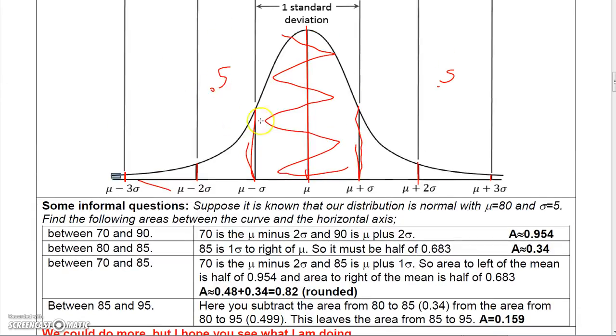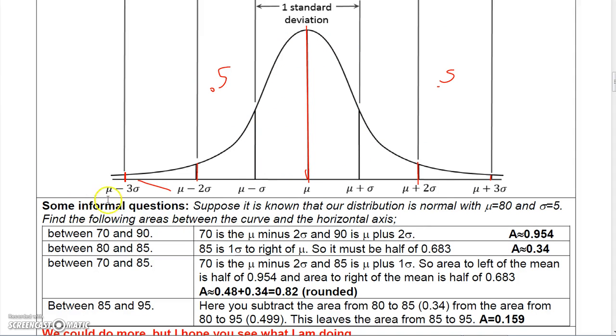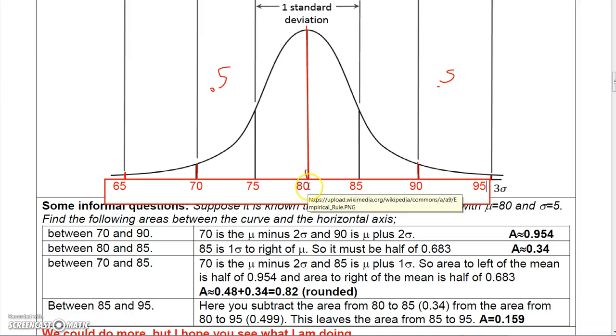So from this curve, we could answer some basic questions. Let's say that we know something about the curve. Let's say that we know the mean is 80 and the standard deviation is 5. So if the mean is 80, 80 would correspond to the very middle of the curve. And then if the standard deviation is 5, then